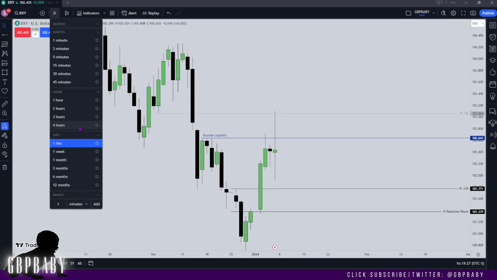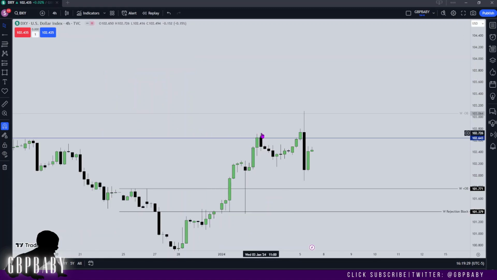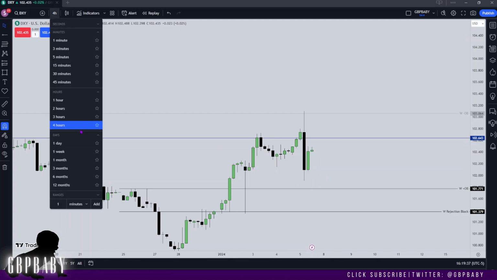And what I mean by that is on the 4 hour, we have a high, a low, a high, a high, meaning that I'm looking for these levels, this range from this high to this low, to act as a breaker block for the downside. But let's stay on the daily for now